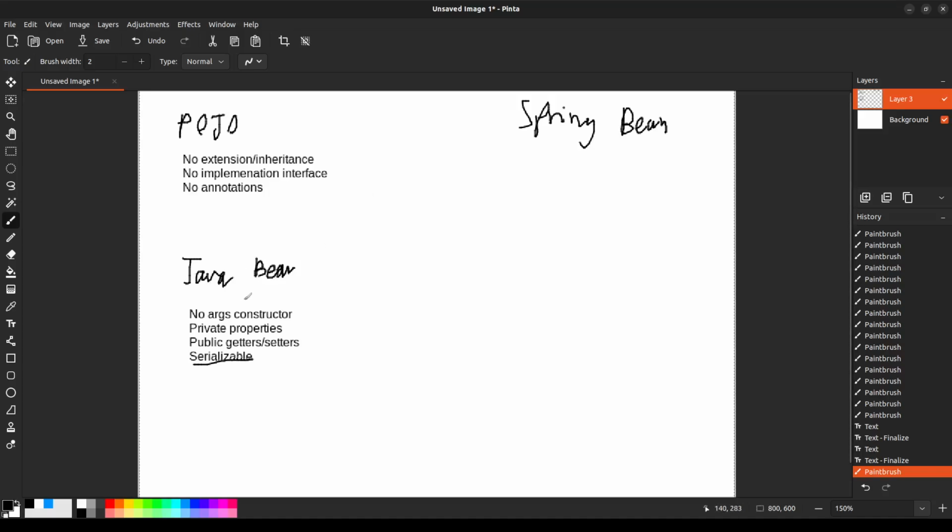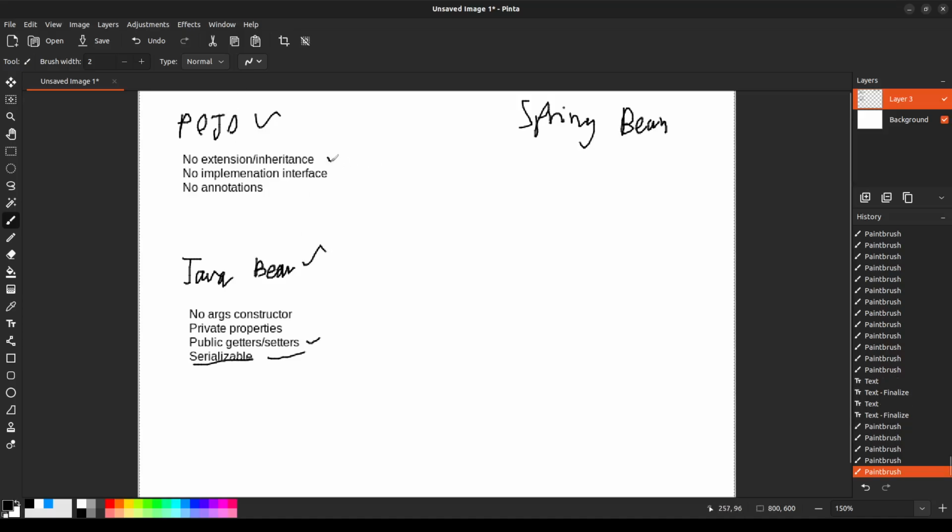But Java Bean has more rules, like a no-arguments constructor, private properties, and public getter setters, and they have to be serializable. So what you can see here is that there are no such keywords as POJO or Java Bean in the Java language. They are just concepts. They are just rules.